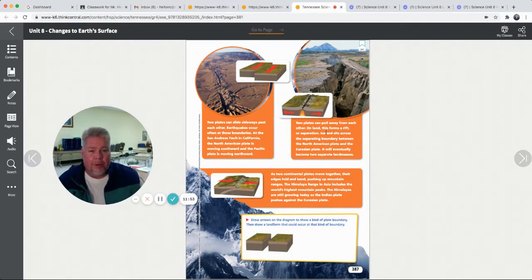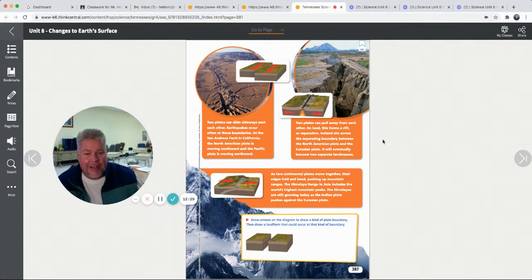Two plates can pull away from each other on land. This forms a rift or separation. Iceland sits across the separating boundary between the North American plate and the Eurasian plate. It will eventually become two separate land masses. So here's the Eurasian plate, the North American plate. They're pulling away from each other, and you don't want to fall in that hole, do you? And so they're pulling away from each other, and it's causing a rift or a break in the land. And it says eventually they're going to pull far enough apart that Iceland is going to be two